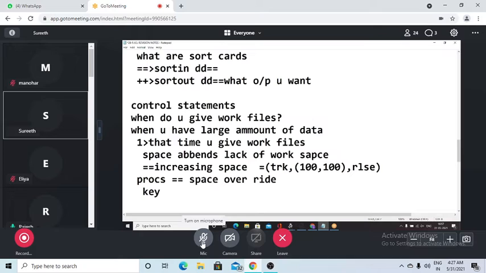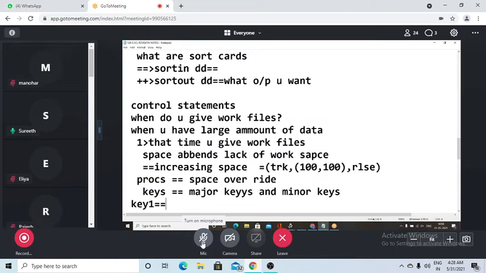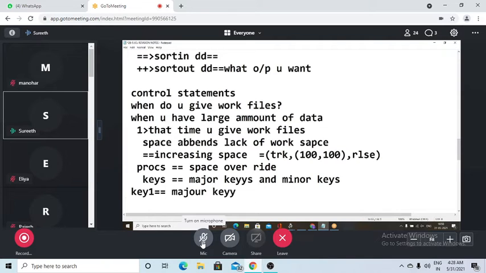So what are these keys? You have major keys and minor keys. Or else you can say key one, key two, like that you can have many keys. So what are the major keys? Let us say key one. This is also called the major key. It is the first condition